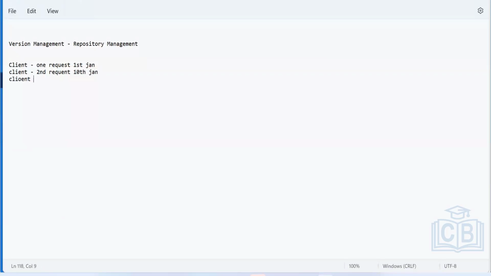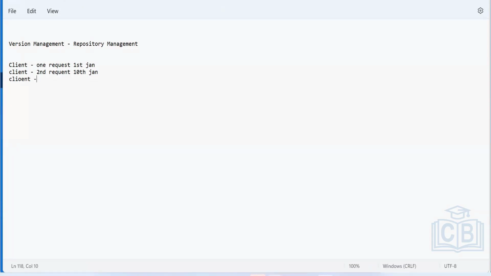Again, after that the client is sending a third request. What he's saying is that whatever you did in the first one, I'm okay with that, but I don't want that second one. Correct. Will you again redo the same thing? Will you go and undo all the action? No. So what we will do is, once we create a project,